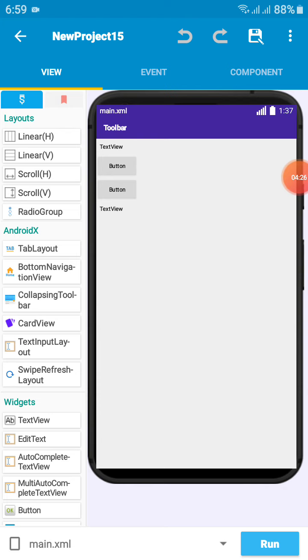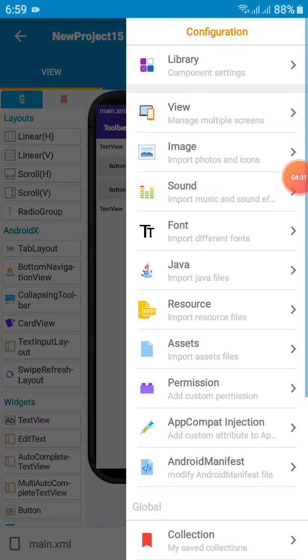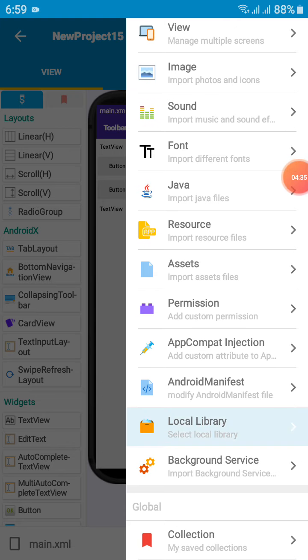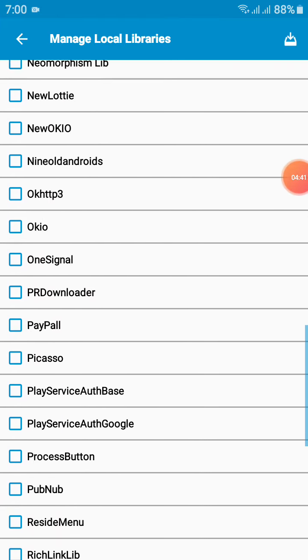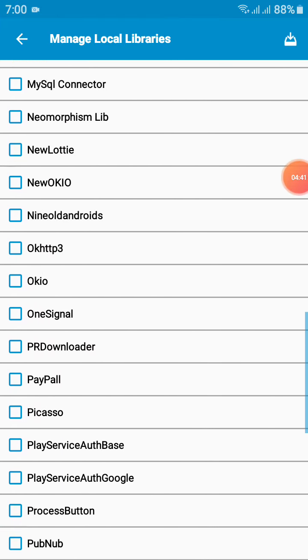So a point to be noted: after creating the component you also need to add the component library by going to the local library section. Here I already downloaded the JSON library.